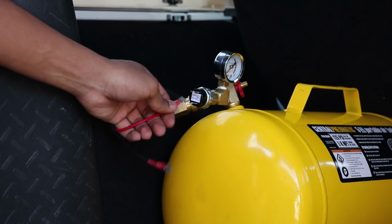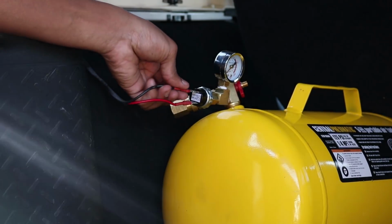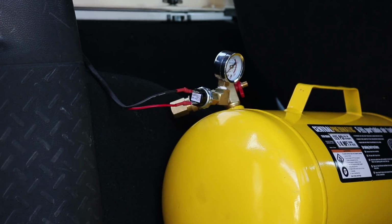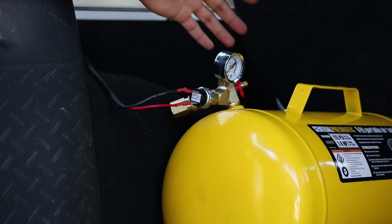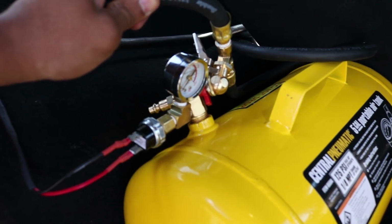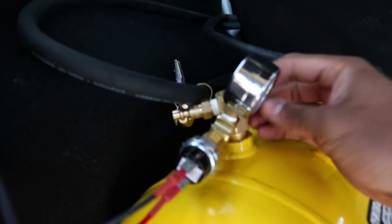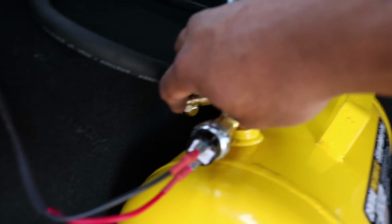Alright, so now I have my 2 lines, and all I gotta do is just plug it into my pressure cutoff switch here, and that's it for that. Now I'm going to go ahead and hook up my air hose and then show you guys how it all works. Turn on the switch. Air is running from the compressors up through these hoses. Show you that it actually fills up. That is the sound of the air coming out of the tank. I'll set all that. And that is it for part 2, and that pretty much concludes the whole building process